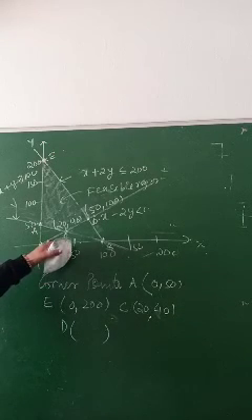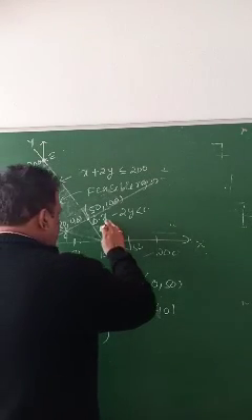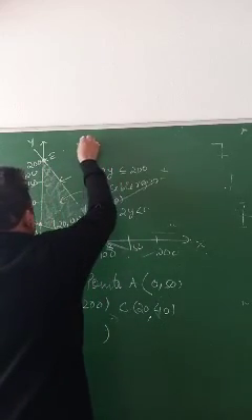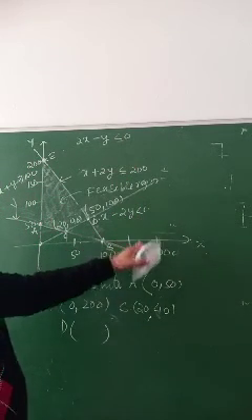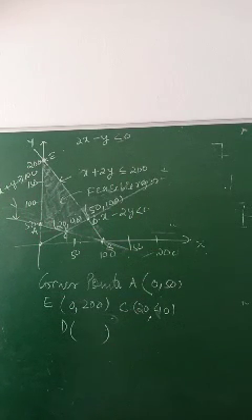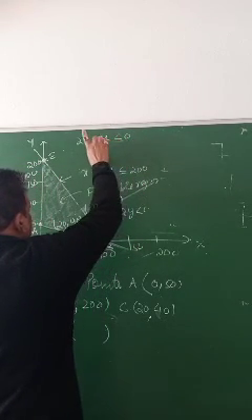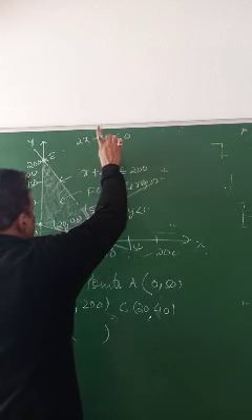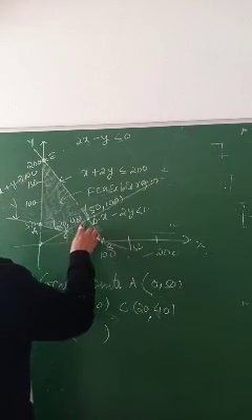Is this graph correct? Let's check. What was the question? That was 2x minus y. Oh, I have made a mistake. This is 2x minus y less than 0. I have done it with the x minus 2y thing. Because if I put x 0, I got y 0. If I put x 100, y 200, x 50, y 100. So that is a little correction.